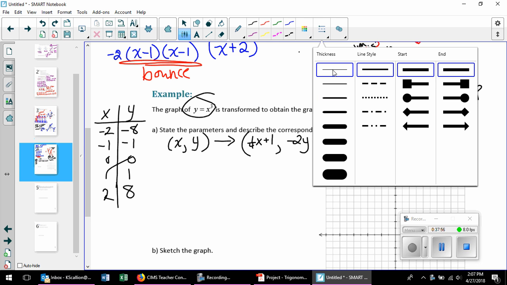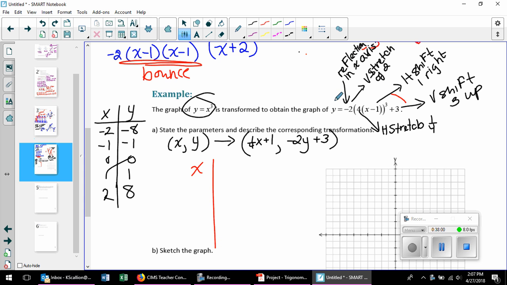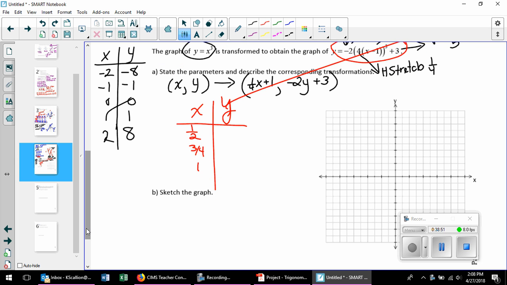So if I were to do my new table of values for that function, x is -2 times by 1/4, which is -1/2. And then I'm going to add 1, which gives me +1/2. Okay, -1 times by 1/4 gives me -1/4 plus 1 gives me 3/4. 0 times 1/4 gives me 0 plus 1 is 1. 1 times by 1/4 plus 1 is going to give me 1 and 1/4. 2 is going to be